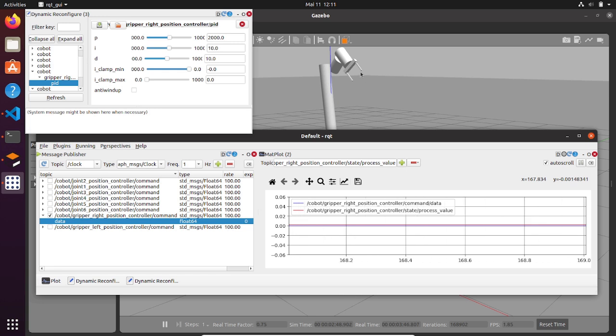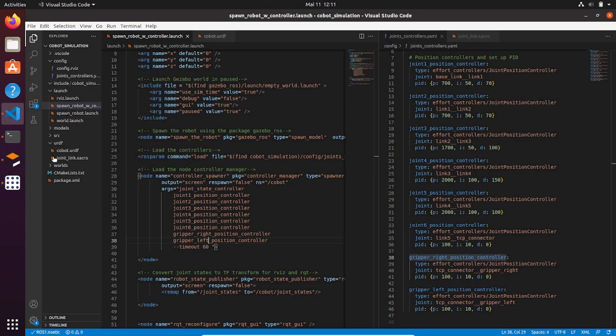As you can see, if we go from 0 to 0.05, which I remind you are the lower and the upper limit respectively of your gripper right, and you can see that with this set of PID values the gripper acts correctly. So it seems that we have found our PID values, and let's update them directly in the YAML